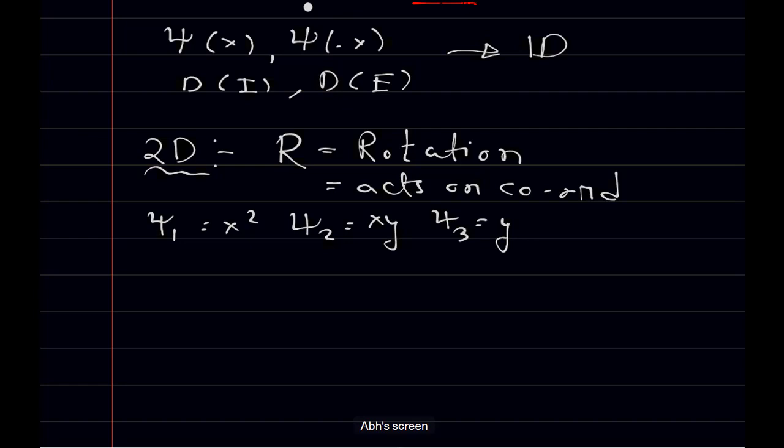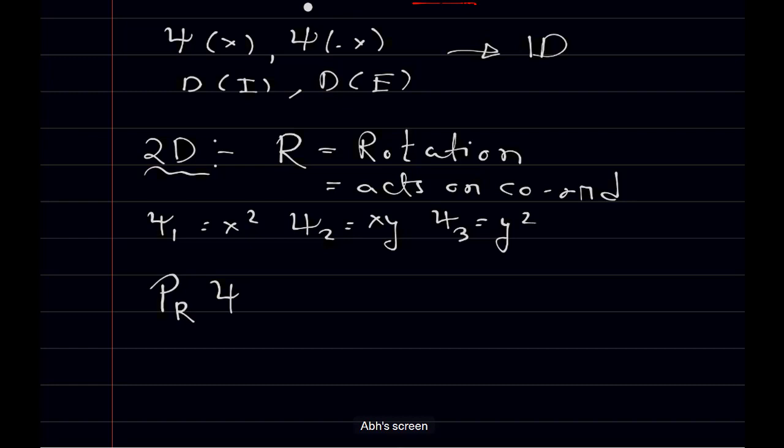I'll give you three bases, psi1, psi2, psi3, and I ask you, what is the matrix representation of operator R, such that first you have to talk about operator P of R, which acts on